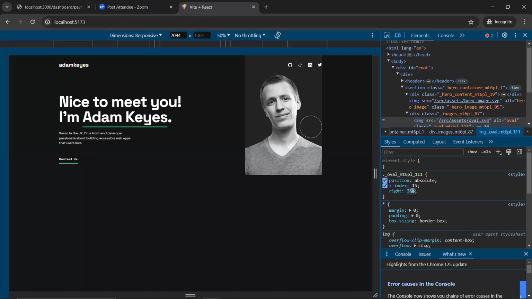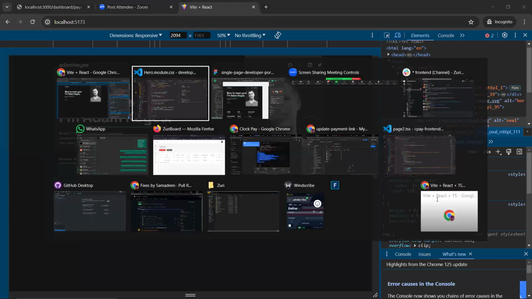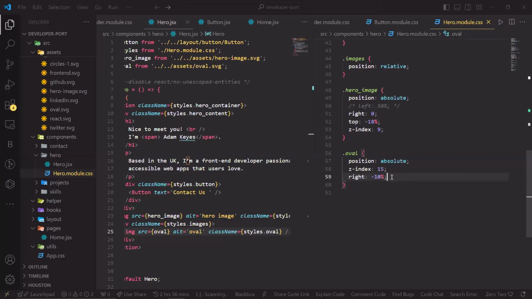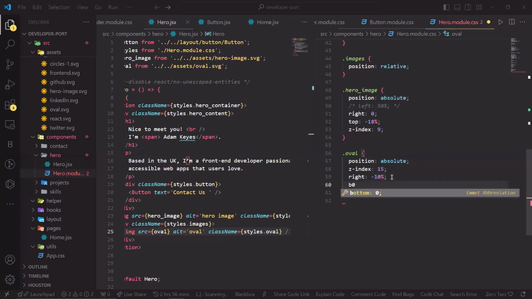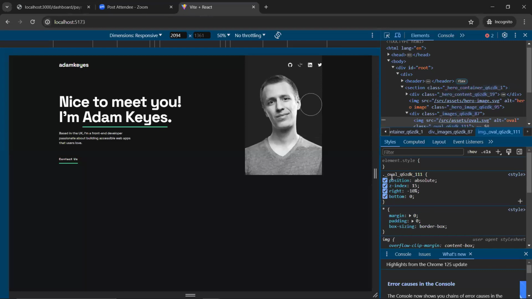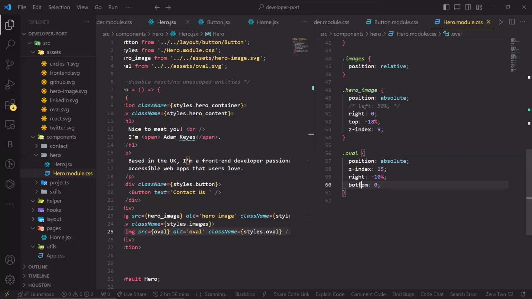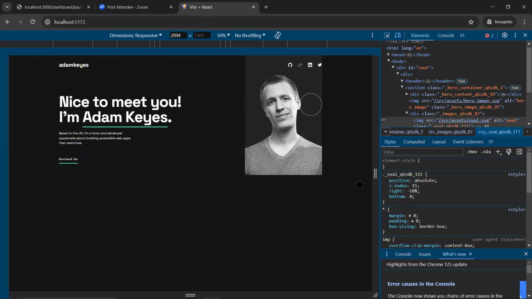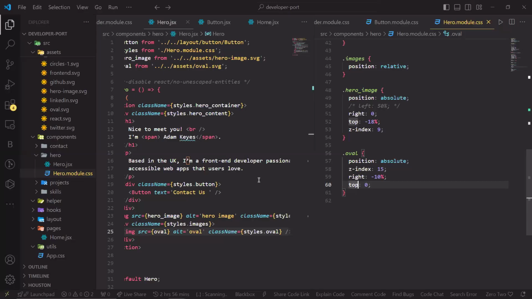It's not moving, it's not moving. Let's find another way. Let me check bottom 0 and see something. Okay, bottom moves. Let's do top 0. Let's see. Top moves. Okay. So the issue now is we need to